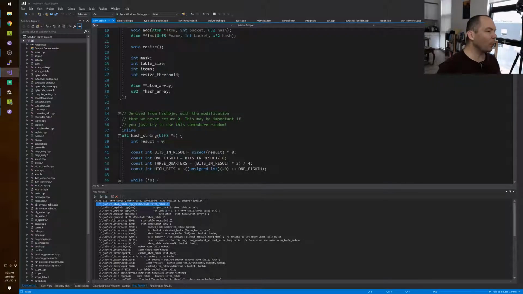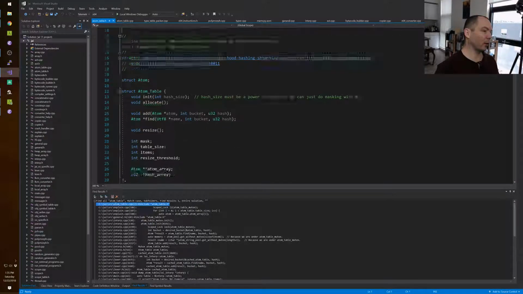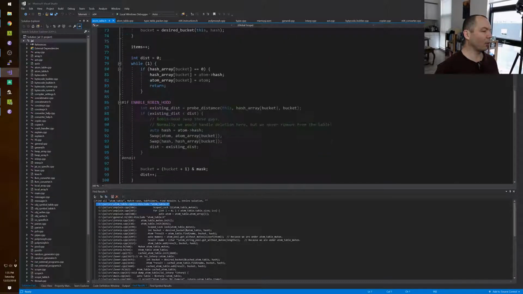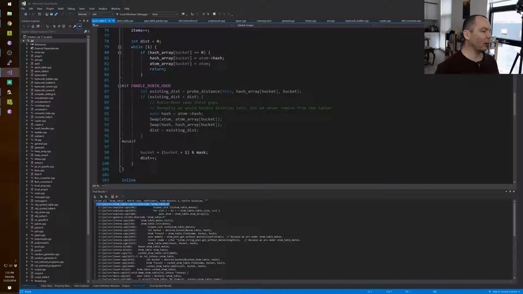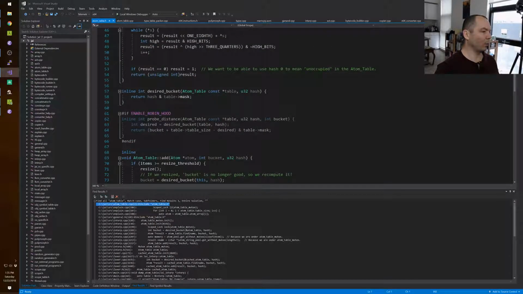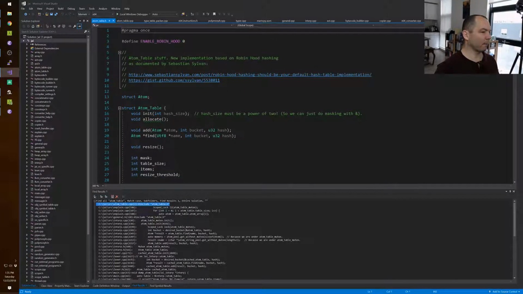Okay. Anyway, I could turn on Robinhooding for this hash table. I made it work and debugged it. It's not very much added code, it just complicates what you have to think about. And I guess that probe distance, yeah. So we might just delete that. Anyway,